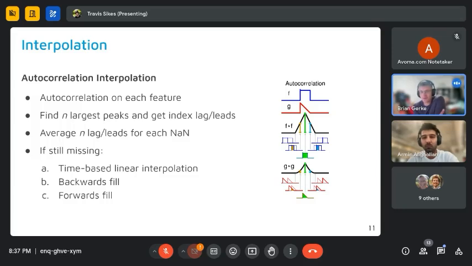Or it might be 6 p.m. on Monday and 6 p.m. on Thursday, or some other combination of things, but you're taking the ones that have the most predictive value for that particular case and using those to do the interpolation. So you're inferring from the data itself which hours you should be using to interpolate, rather than having some fixed version of that. Is that correct? Exactly. Okay.